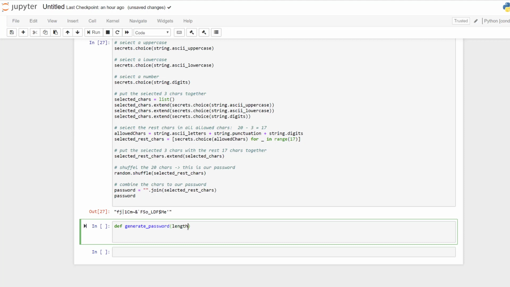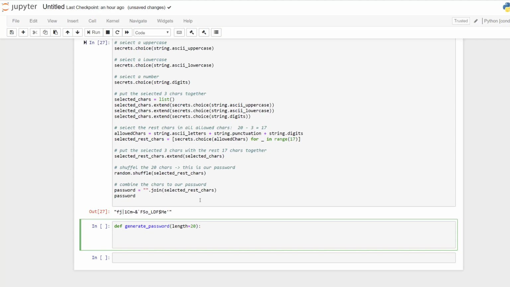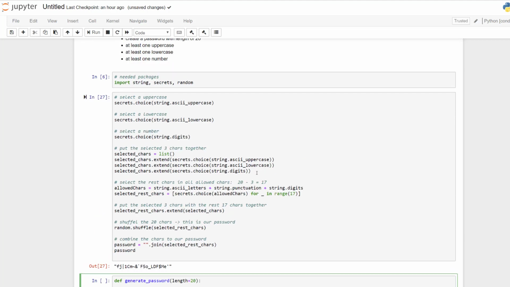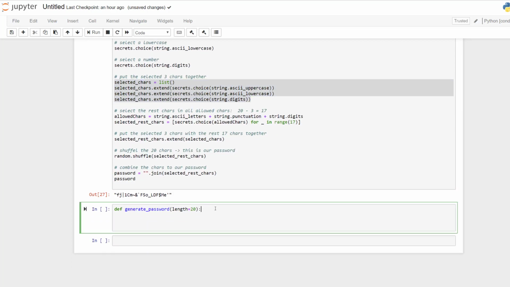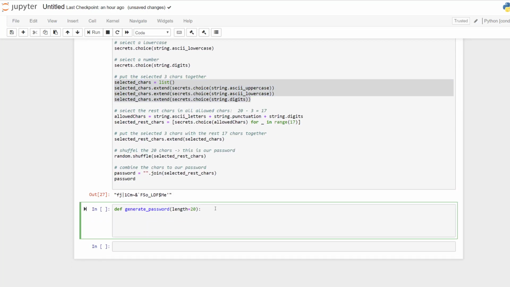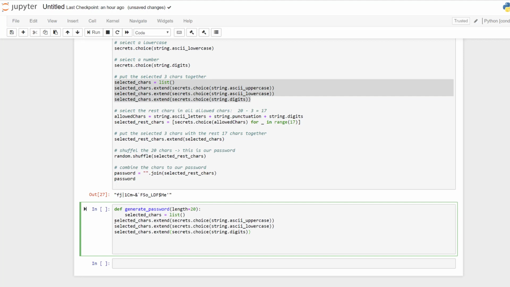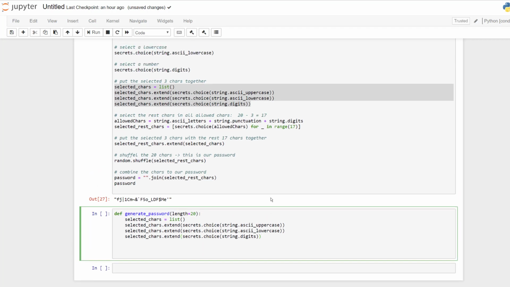Then we use here length equal to 20. And here put all the things here. First select the 3 chars and put them together. Then